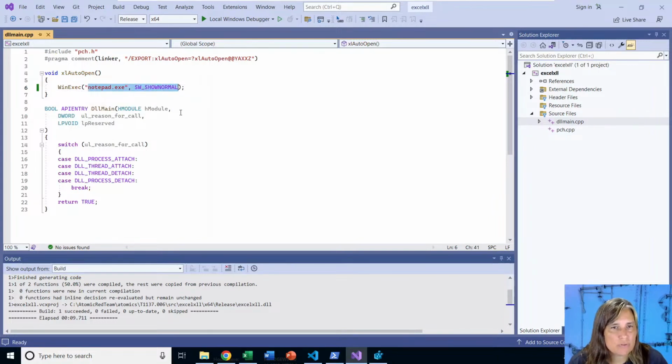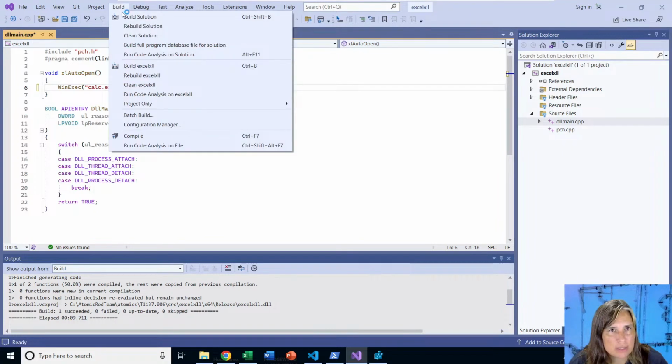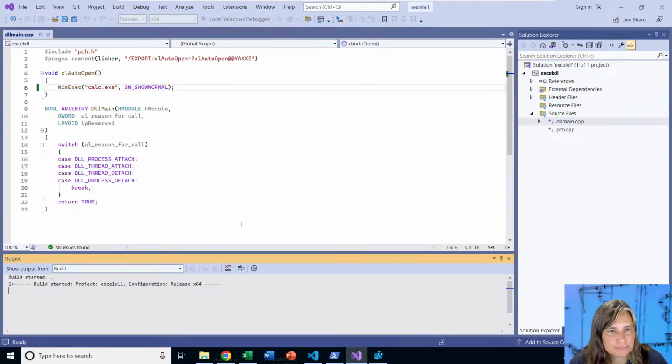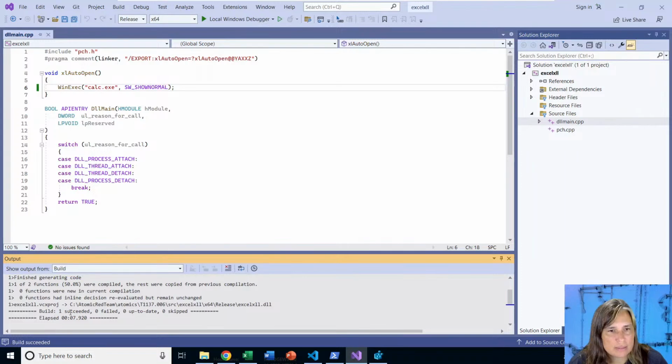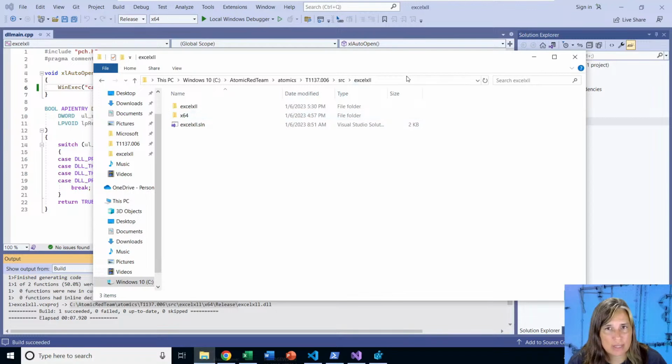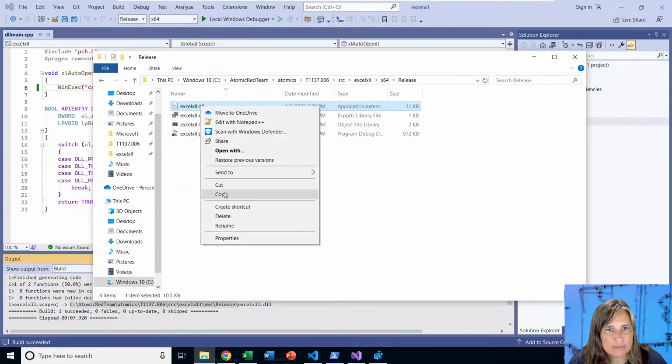So as a proof of concept that we can tweak this a little bit, let's go ahead and change this to calc.exe. And we can go up here and say build the solution. It says successfully built the solution, and it put it in this folder, Excel xll.dll. So let's copy that, take it into our file explorer. We want to grab a copy of this DLL,